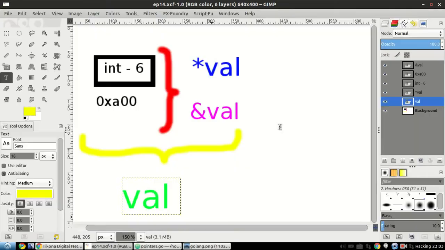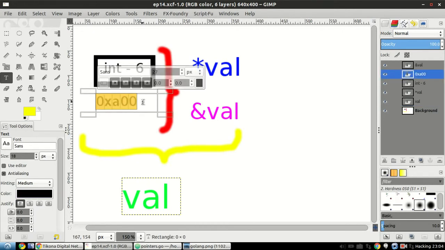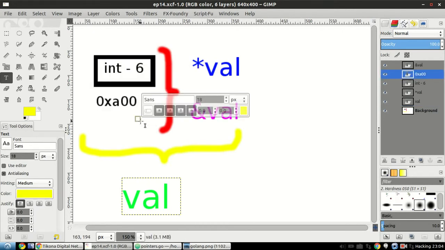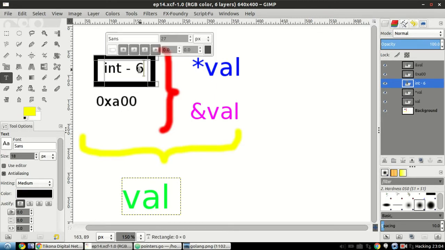So what is a pointer? A pointer is simply the address to a location. If you have an integer variable, the way it's stored in memory is that it has an address location. Just like we have street addresses and house numbers in our day-to-day life, a computer's memory is stored in a similar way. There is a memory location, it has an address, and in that memory location we have a value.